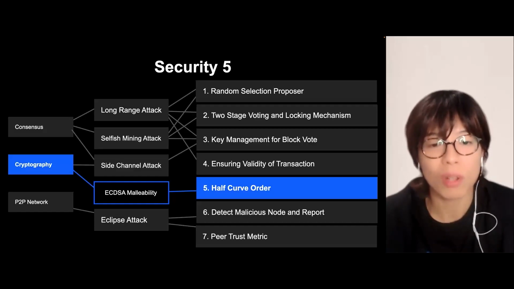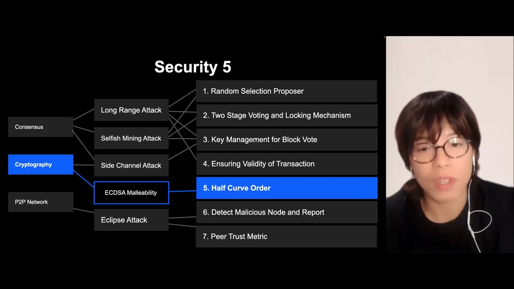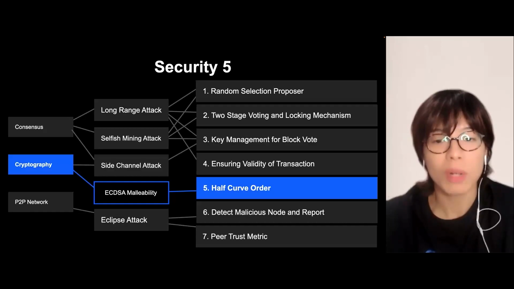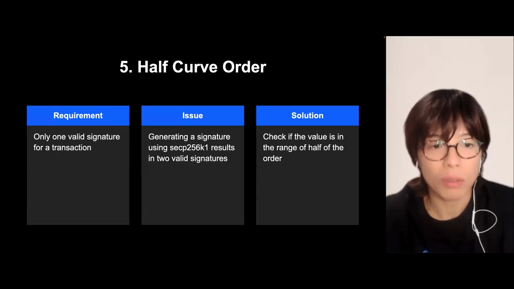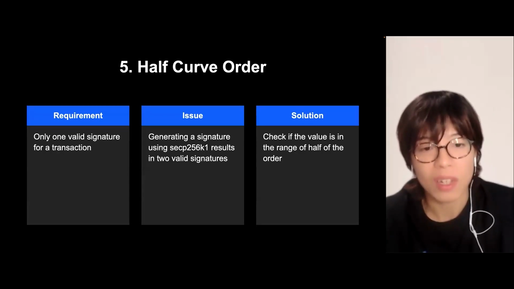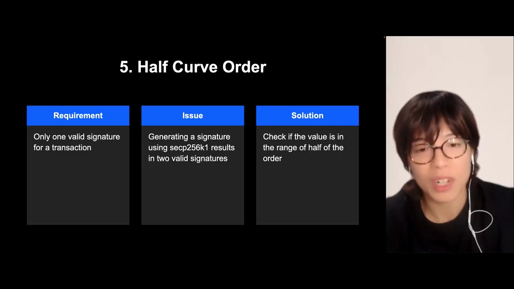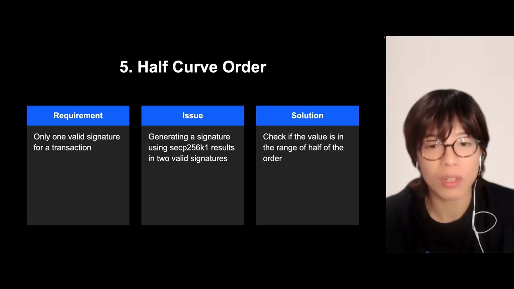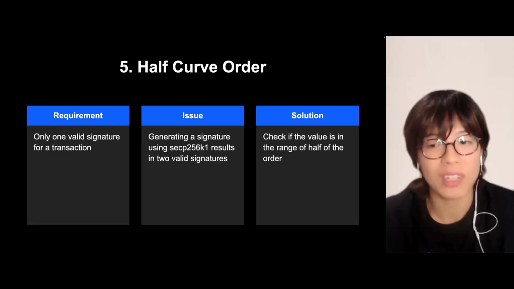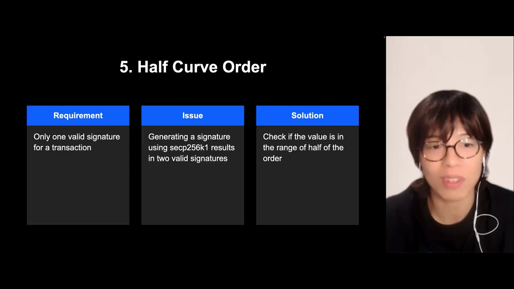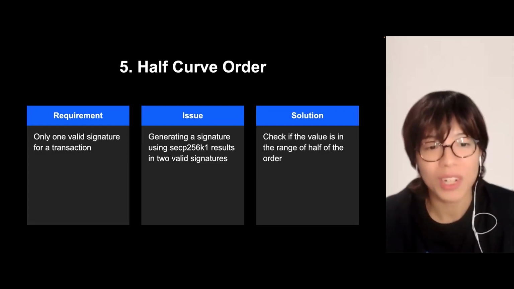Back in 2014, Mt. Gox, the largest exchange globally, lost as much as 740,000 Bitcoin, which was stolen through this kind of attack. When there is a signature for a certain transaction, another person's signature can be forged to verify that the transaction is valid. Then two or more transactions will be generated utilizing the vulnerability.